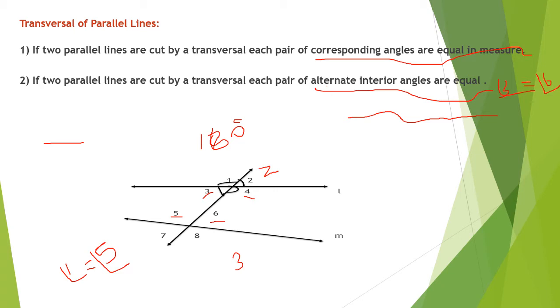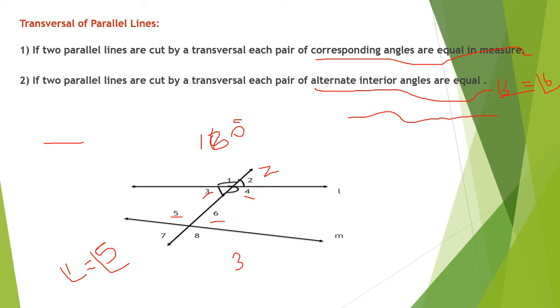Okay, so all these conditions you have to keep in your mind, you have to learn by heart, because we are going to apply this in the problems. When you are going to learn the exercise problems, you are going to apply all these conditions. So we can say angle 3 is equal to angle 6, angle 4 is equal to angle 5. Why? Because we know that alternate interior angles are equal.